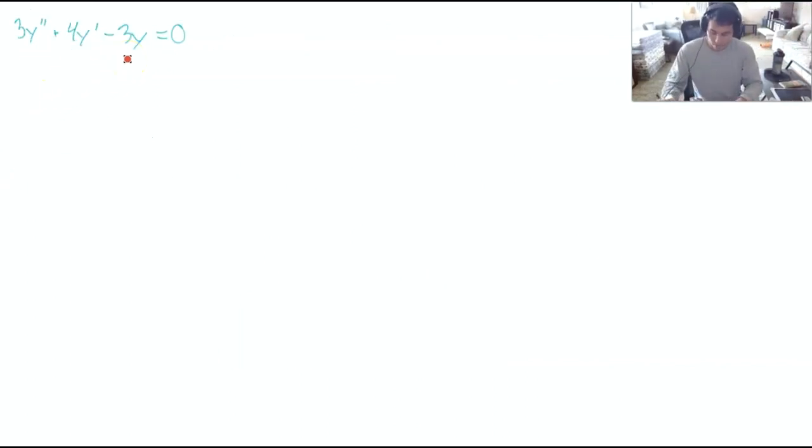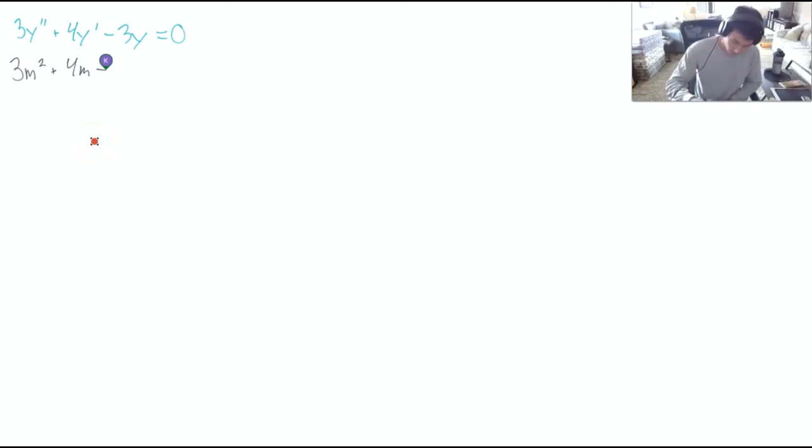Okay, higher order equations now. Let's just keep them homogeneous. This will be the first example we'll do, and we'll go to undetermined coefficients and variation of parameters later. Nonetheless, we represent this with the characteristic polynomial 3m squared plus 4m